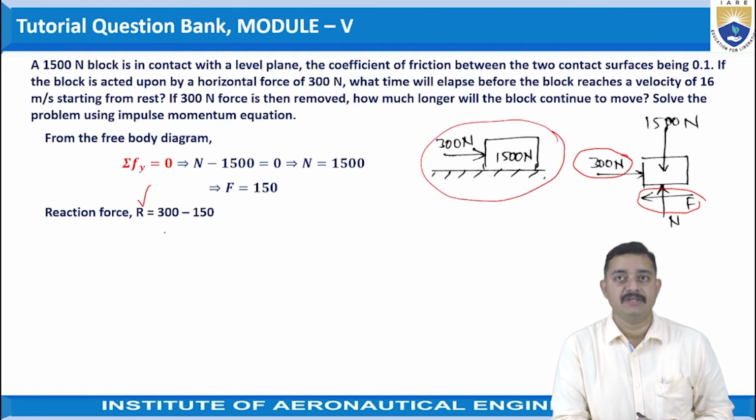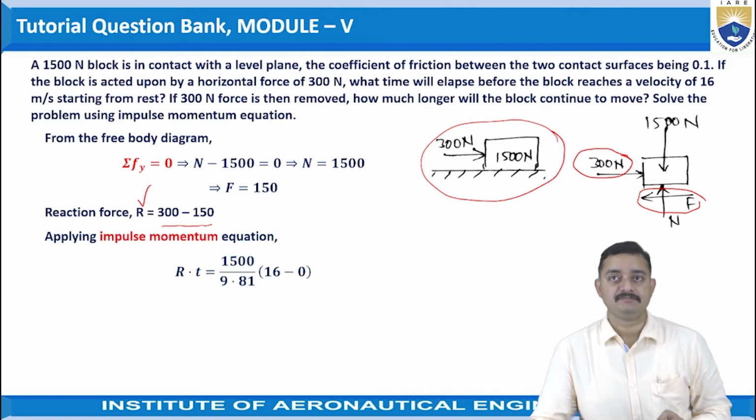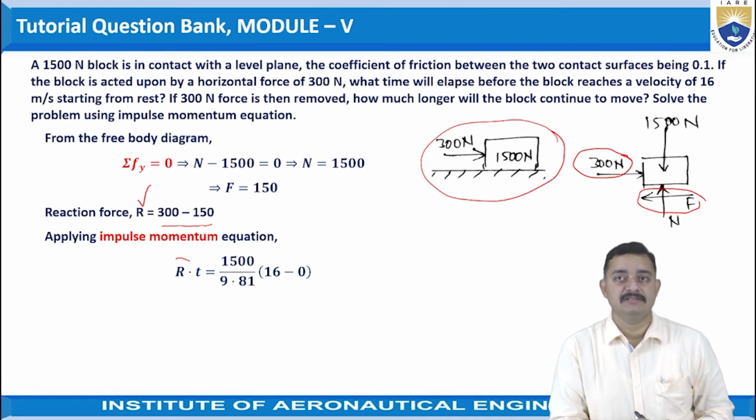The total system reaction force would be 300 minus 150. When you solve this, applying the impulse momentum equation, we will get the impulse,